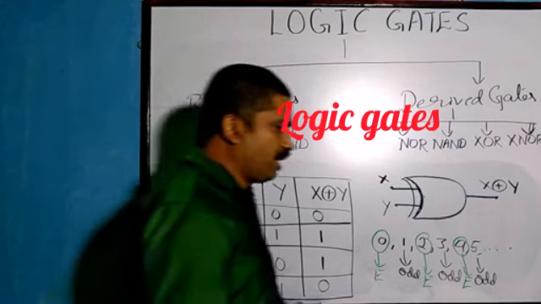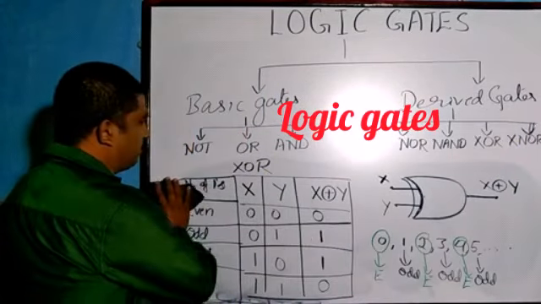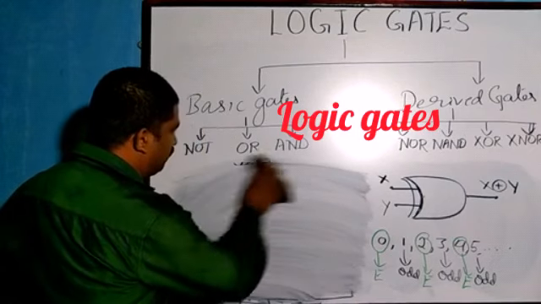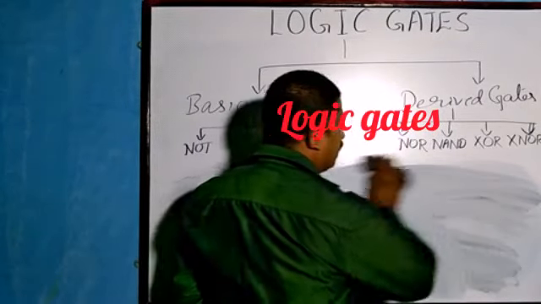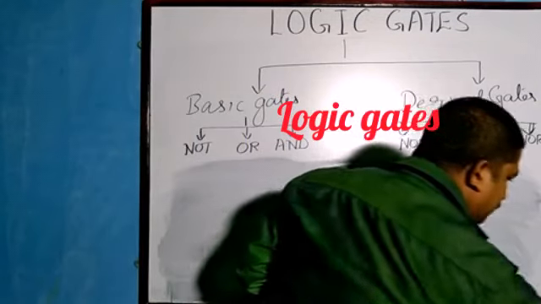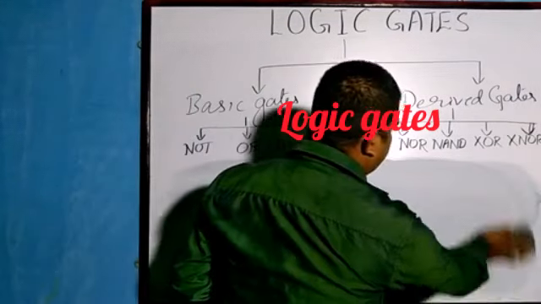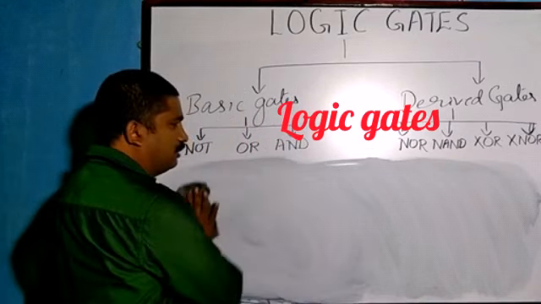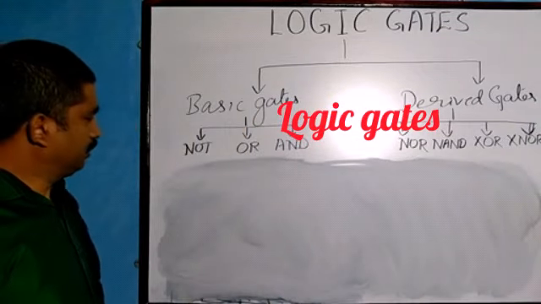In the same manner we shall study about the XNOR gate. The last gate is the XNOR gate. Okay. It is the inverted gate of the XOR gate. Whatever the result you get in the XOR gate, you will get the inverted form. Okay. So very easy to remember. In the XOR gate, for odd numbers, the output is 1. In the case of the XNOR gate, you will get the inverted form.